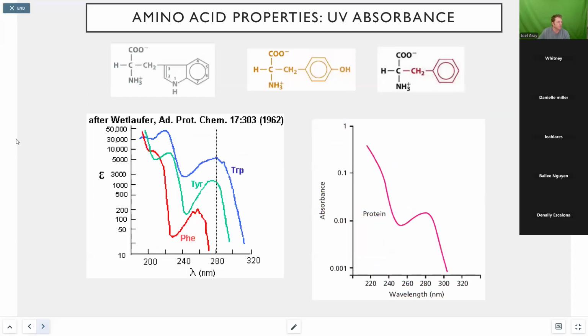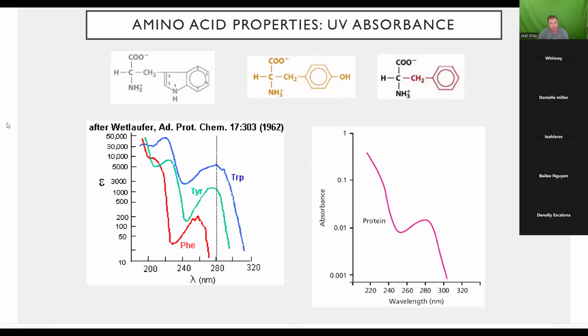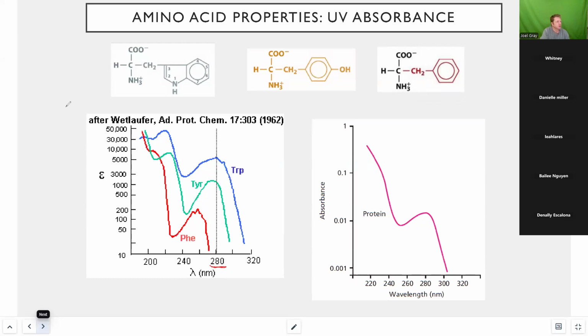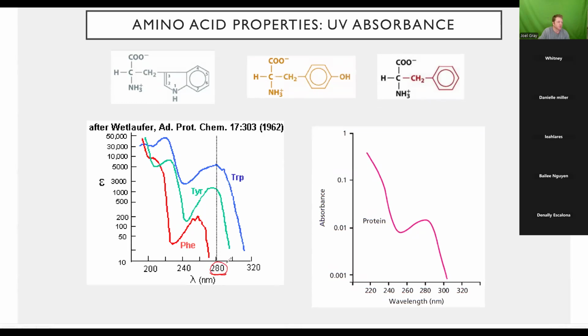Now, another property that amino acids have that's very important for measuring protein function or measuring the presence of protein is this: if anyone has ever done a genomic DNA extraction, then one of the things that you do is you measure the amount of protein that is recovered as well as the amount of plasmid or genomic DNA that's recovered. And what you're going to do is measure the amount of light that's absorbed at 280 nanometers. And you're going to measure that because of the fact that